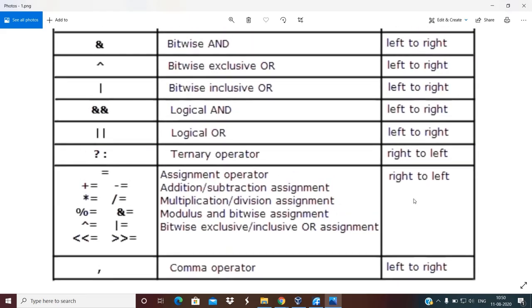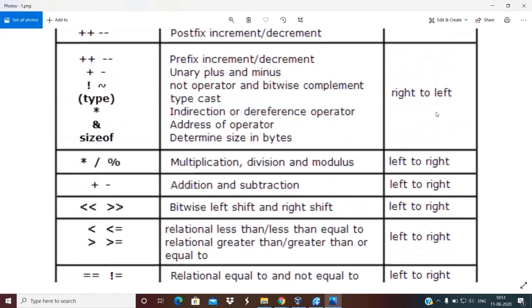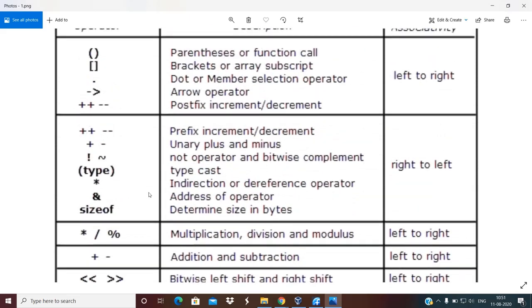There are very few categories of operators whose associativity is from right to left. You can see over here the ternary operator with question mark and colon has associativity from right to left. All assignment operators as well as their shortcut operators have associativity from right to left, as well as these operators, which are basically unary operators.